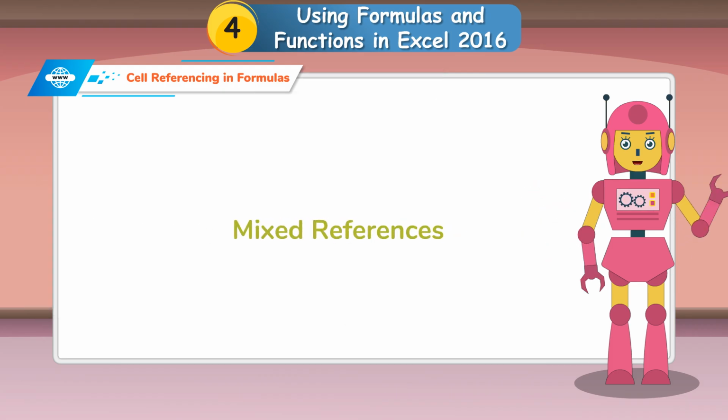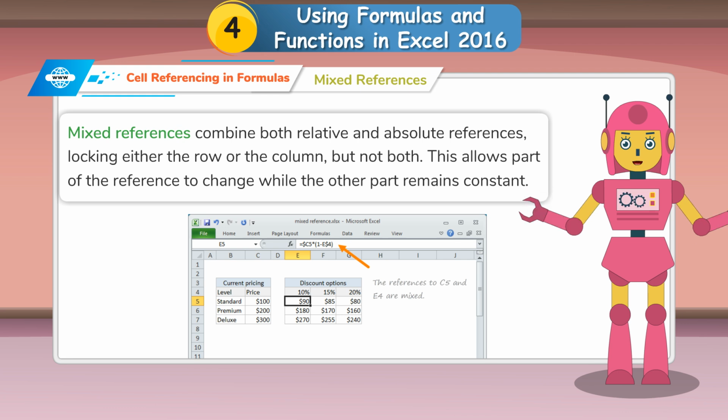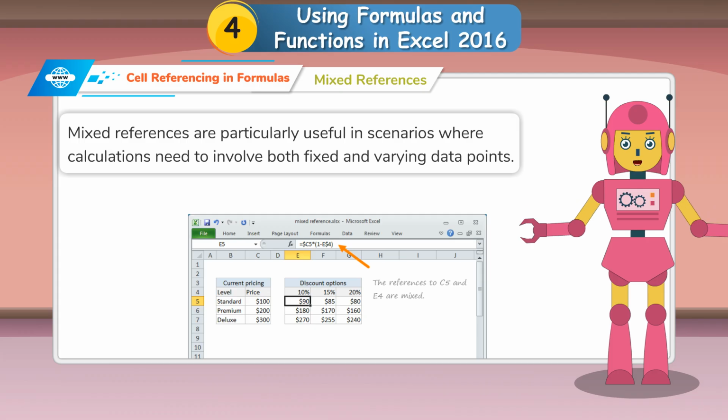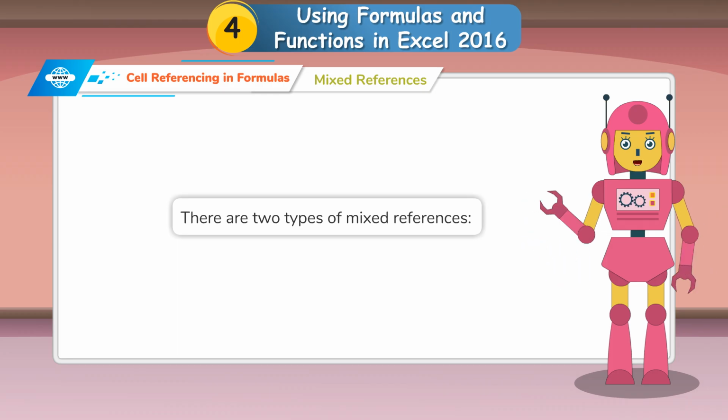Mixed references. Mixed references combine both relative and absolute references, locking either the row or the column but not both. This allows part of the reference to change while the other part remains constant. Mixed references are particularly useful in scenarios where calculations need to involve both fixed and varying data points. There are 2 types of mixed